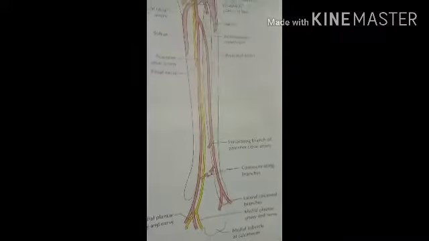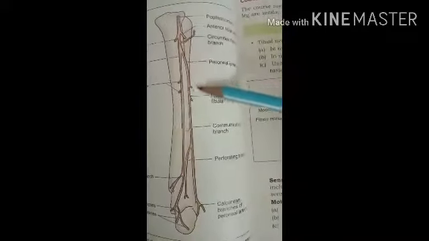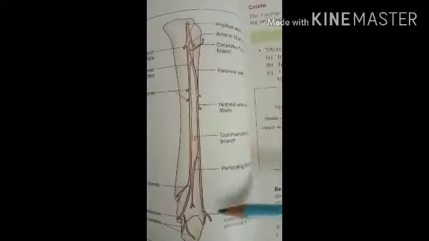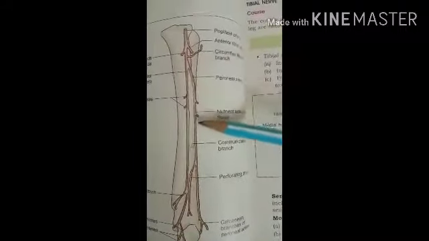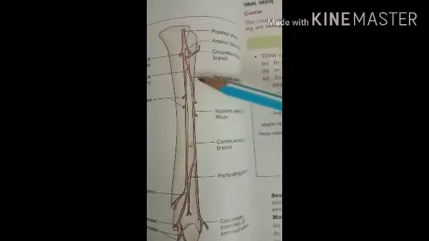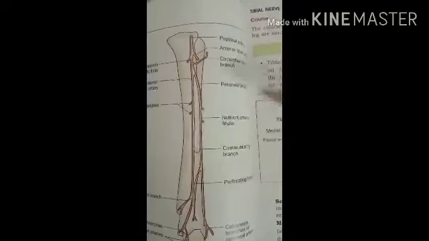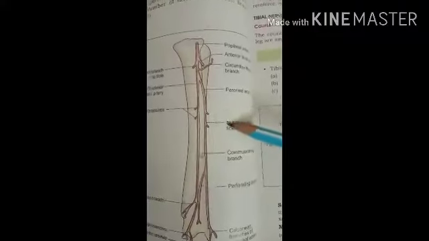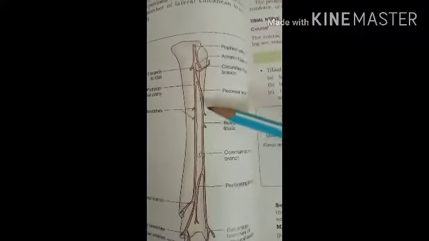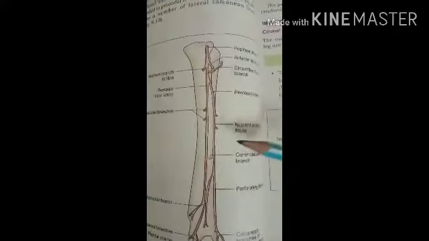For this we have to see another diagram. So in this diagram we can see this is the peroneal artery, and let's see its branches. So the first branch is the muscular branch. The muscular branches supply nutrition to the posterior and the lateral compartment of the muscles. Okay? Then next, the nutrient artery. So here you can see this is the nutrient artery, which enters the fibula and supplies the fibula bone. Then the third is the anastomotic branches.